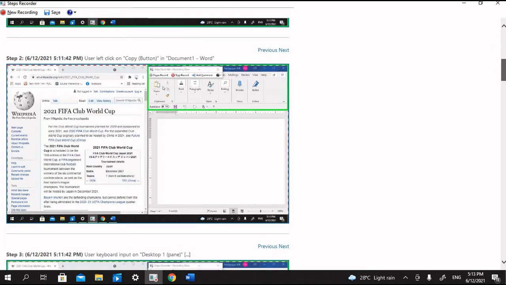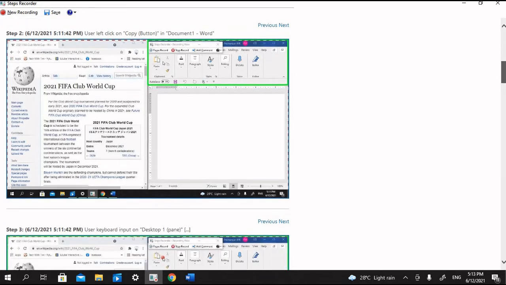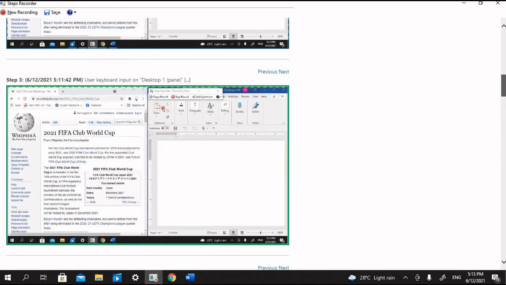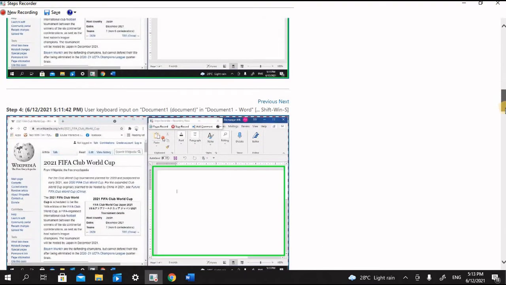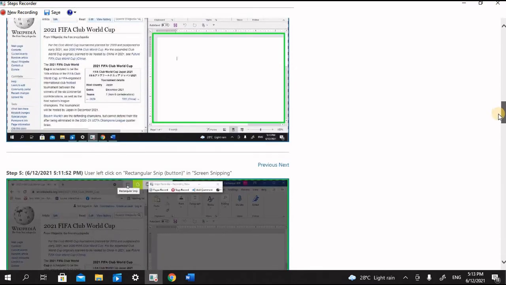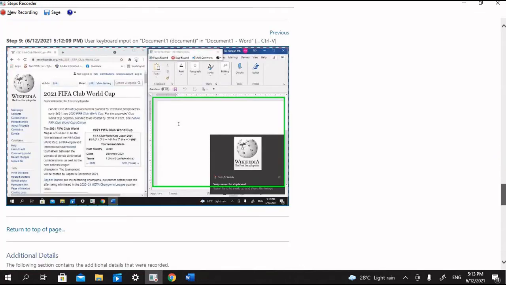Then step 2, it is giving the time and telling which button I have used. It goes ahead with recording step 3. Now step 4, one by one it is giving the recordings. It has ultimately come to Word document, and it is also telling finally I have used Ctrl V to paste it here on the Word document.